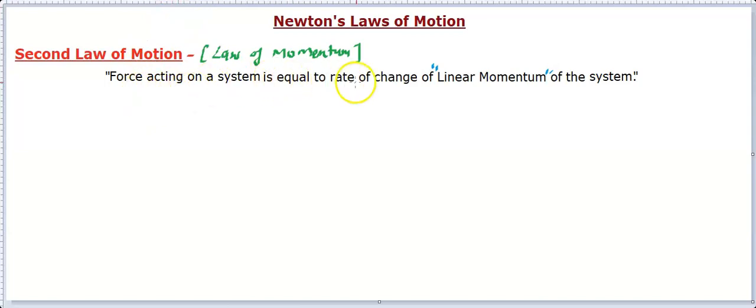So force is the rate of change of linear momentum, and you have understood this linear momentum is a quantity called P, and it is written as m into v. That's how the definition goes. Mass is something we know that's given to us, the object's mass. V is the velocity, which we have already understood. So rate of change is an operation, and that operation is called differentiation. So we define the force as F is equal to dp by dt. So that's how the force is defined.